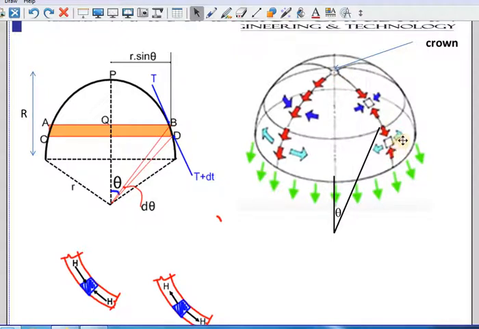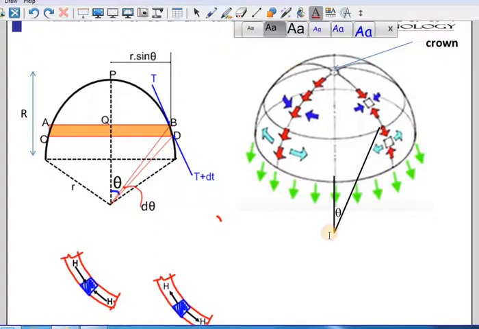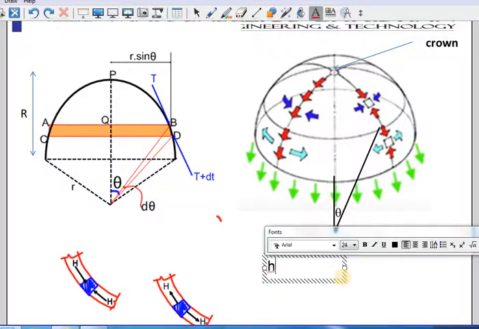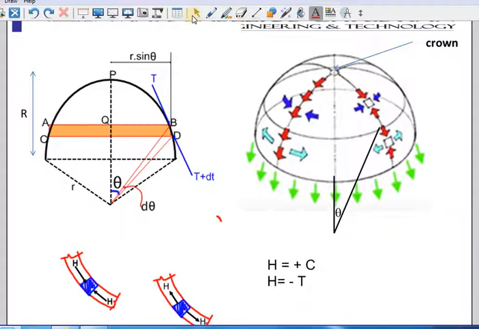And when you come down, it is in tension. H will be in tension. So you will be having H, the hoop force. Compression is positive, compression C, and H will be negative, which is tension. Okay, so as you can see here,